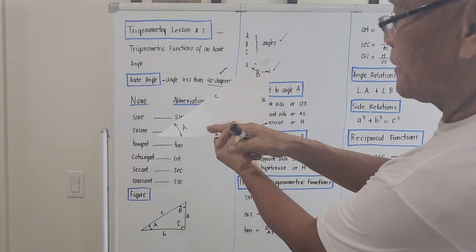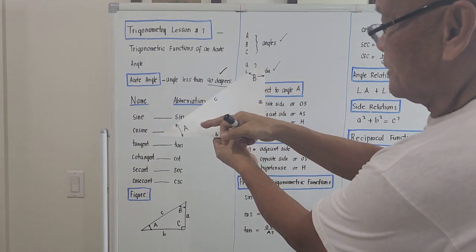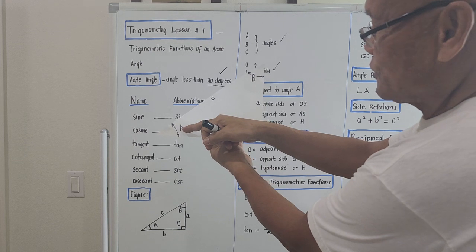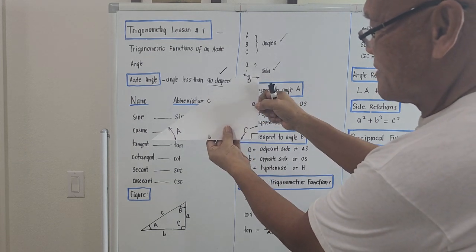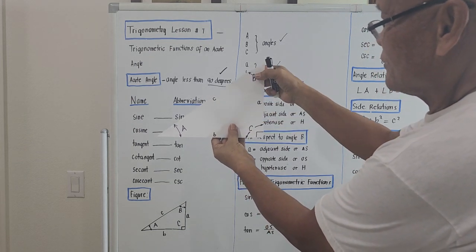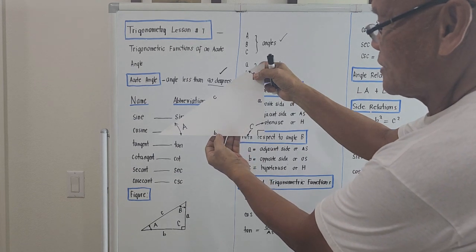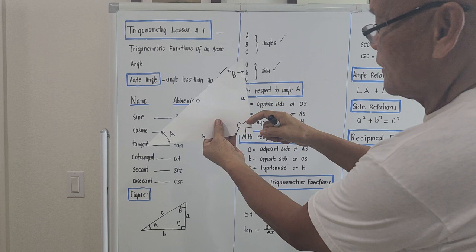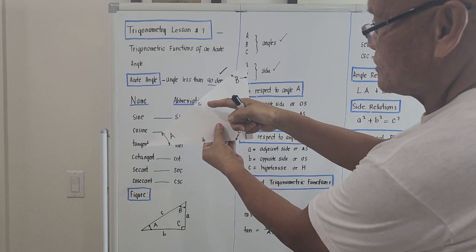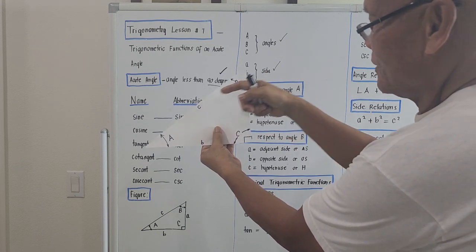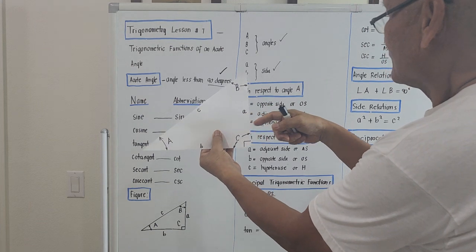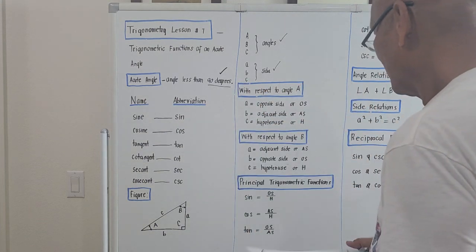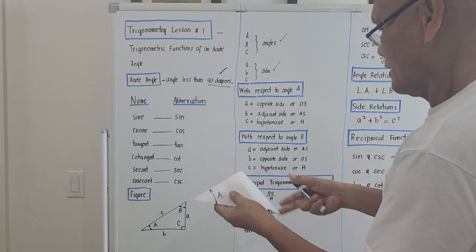With respect to angle A, this angle A, the opposite side of this is this one. And this angle B here, the opposite side is this small letter b. And the inside angle capital letter C, the opposite side is C, the hypotenuse. So with respect to angle A,